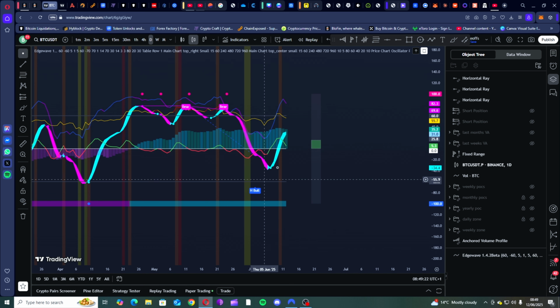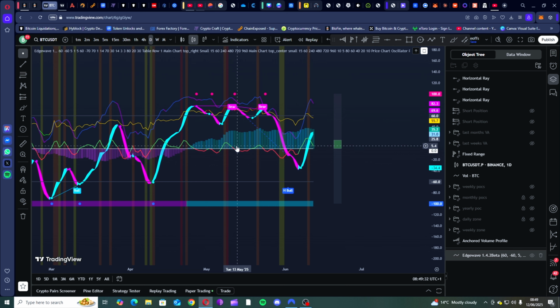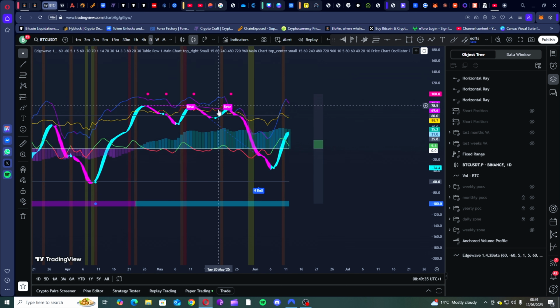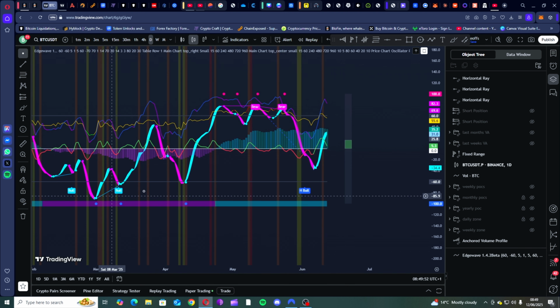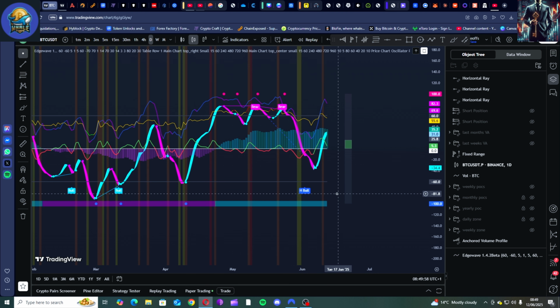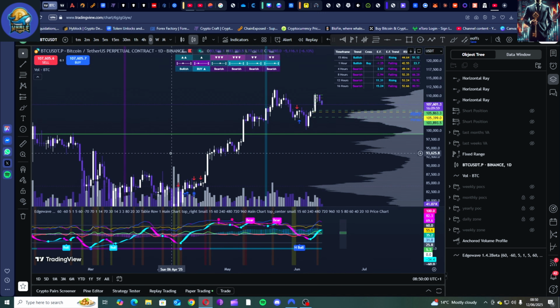So the EDGEWAVE is an indicator that's showing you when cash is either coming in or coming out. We're going to go through most of these, what we can see here. So what EDGEWAVE is, before we get into it, it generates its own divergences. So a hidden bullish. These are all customizable. You can change these if you want to. That was a bullish divergence there. So if we have a little look at that,